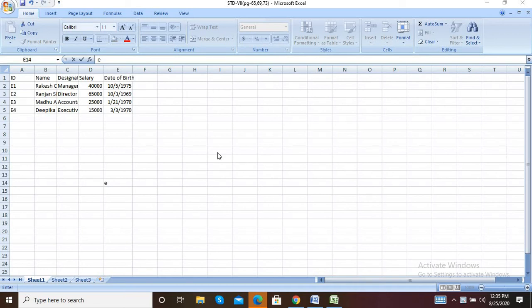Today we cover page number 65 and page number 69 practical. In the previous lecture we completed our theory section. In that we learned different things for formatting, that is adjust column width, adjust row height, number formatting, aligning cell values, text formatting, applying cell border, cell shading and format painter.